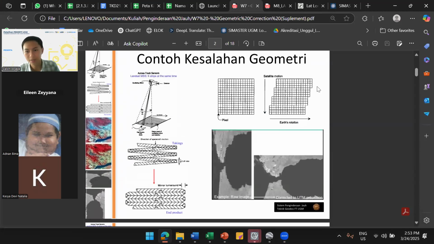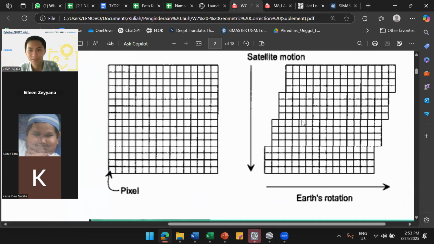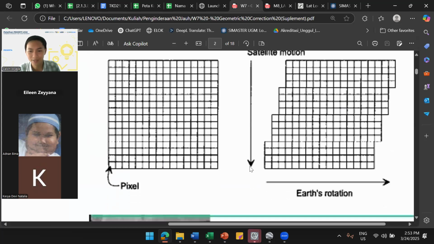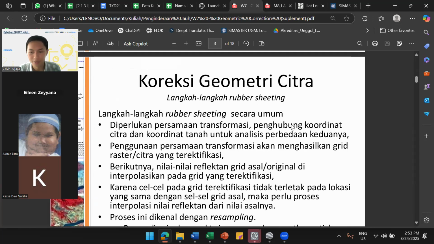The Earth is rotating in this direction, but the satellite is moving in this direction, so it creates a difference in how the satellite scans or captures the image. This is the raw image and this is the image after the correction.